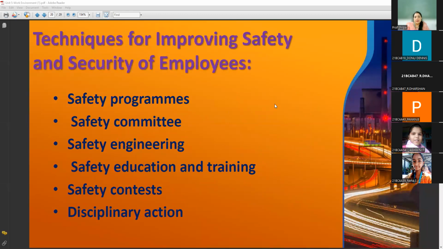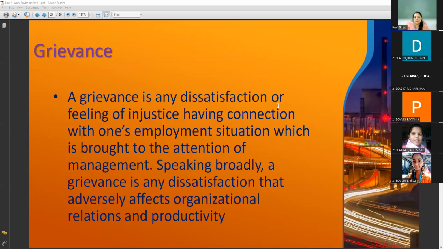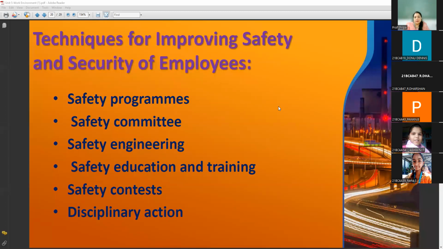Now, what are the techniques of improving the safety and security of the employees? We can conduct different safety programs. We can have a proper safety committee. We can have safety engineering. We can have safety education and training. We can conduct different kinds of safety contests in the company. We can have disciplinary action for the people who are not obeying and not following the safety measures. So these are the techniques of improving the safety and security of the